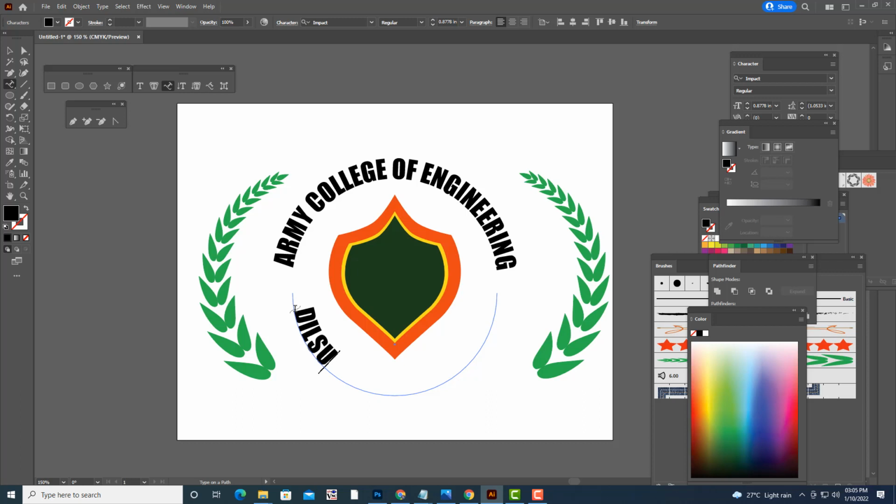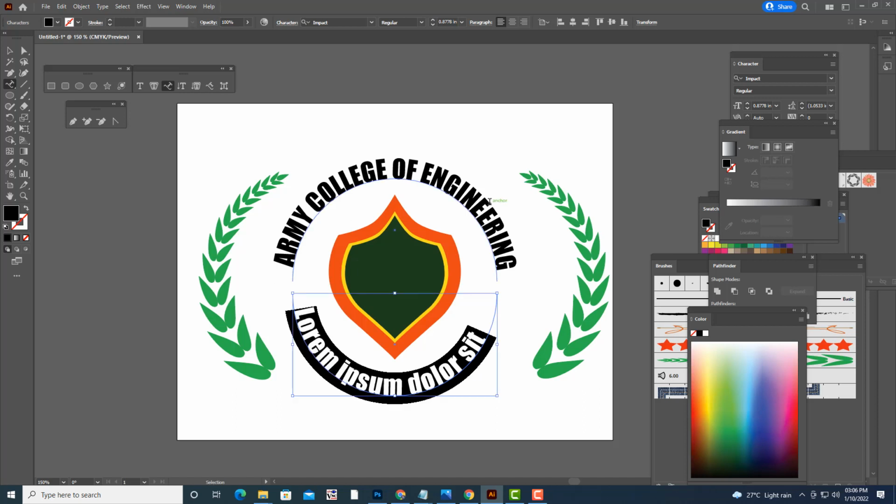So how we can put it? Hyderabad. We will reduce the size. Actually, we'll keep it.